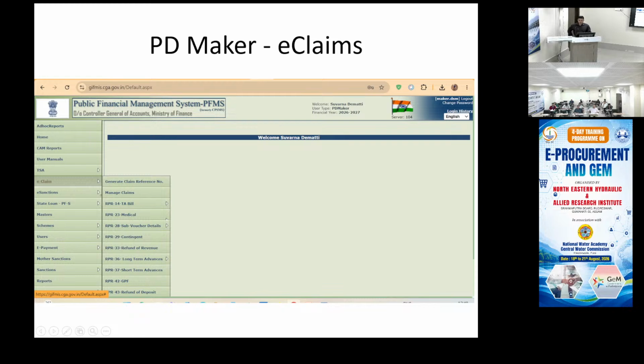नहीं सर, e-claims नहीं आता है अभी हमारे उसमें. E-claim का कोई ऑप्शन नहीं. You go directly to the TSA and in TSA create your expenditure. हम लोग का e-billing system नहीं है actually. E-billing system का नहीं है.